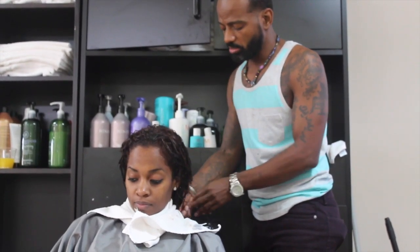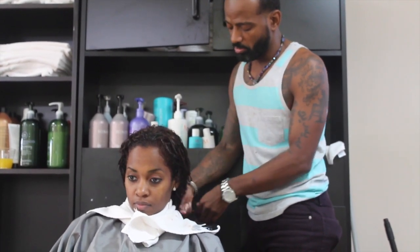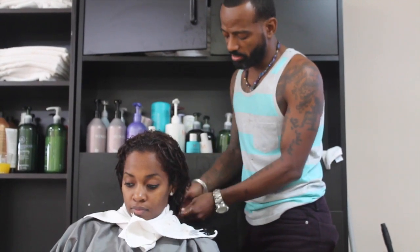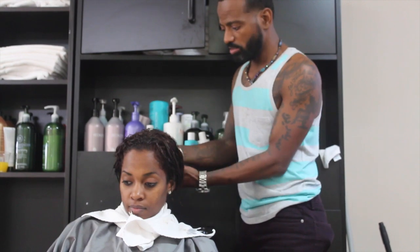And this is going to process about 10 to 15 minutes, and after that we will prepare for our shampoo and blow dry finish. As you can see, it's just up to the